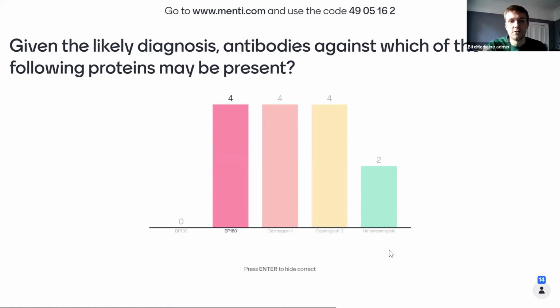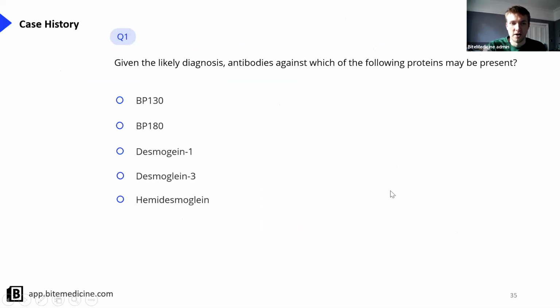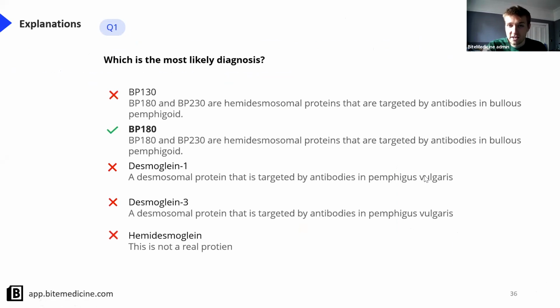So let's head back to our slides and have a look why this is correct. So, this is a diagnosis of bullous pemphigoid. I'm sure the whole way through the vignette, the majority of you were going, it's bullous pemphigoid, it's bullous pemphigoid, I know this. And of course, blindsided by the question about the antibodies. So essentially, BP180 and BP230 are hemidesmosomal proteins. So they're involved in the interconnections of our cells, particularly in the dermis. And they're targeted by antibodies in bullous pemphigoid, causing the skin to separate, and that's why you get